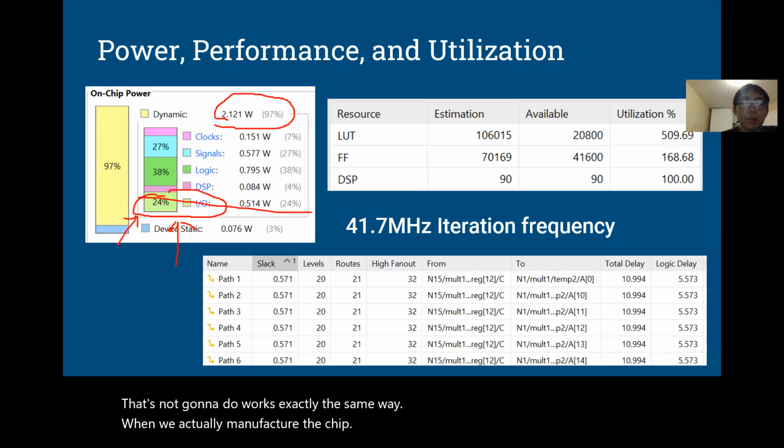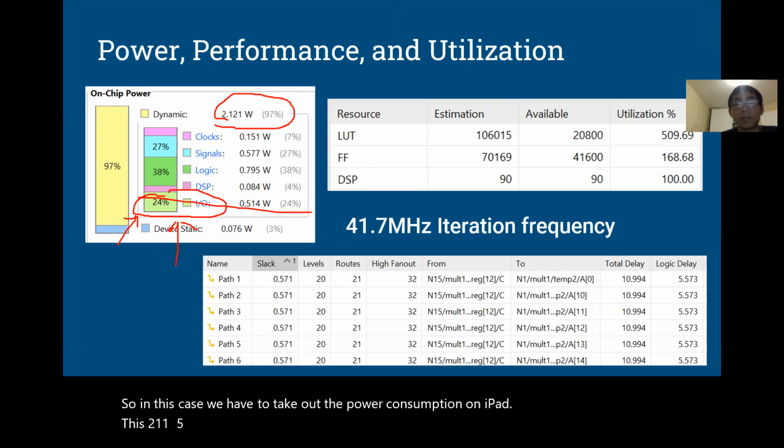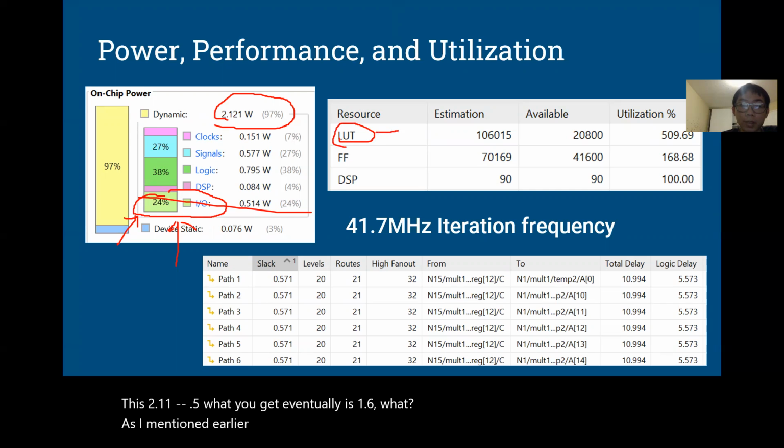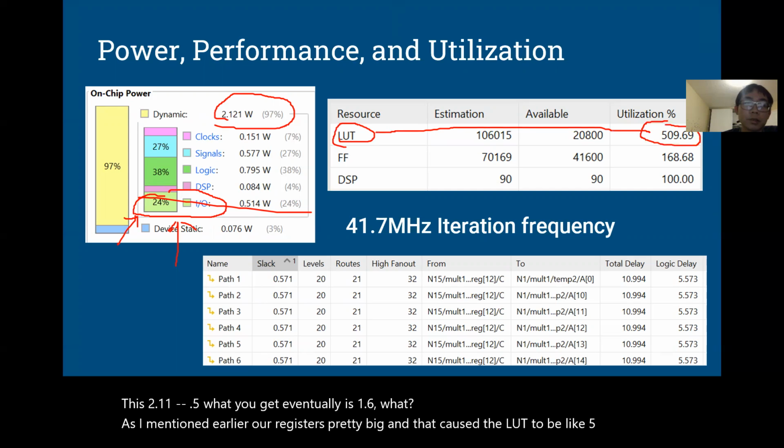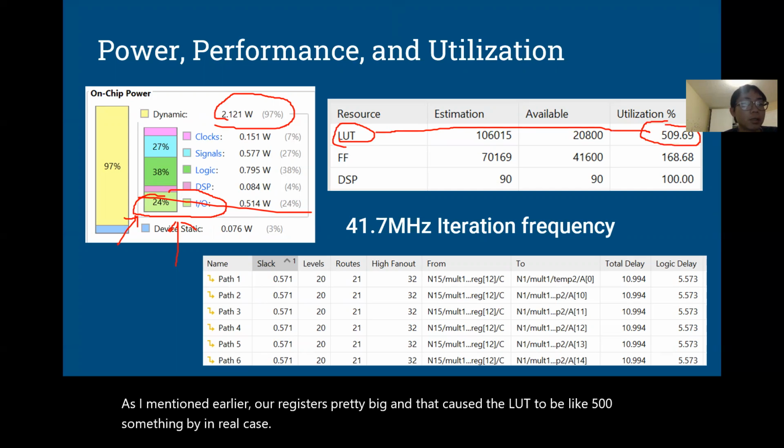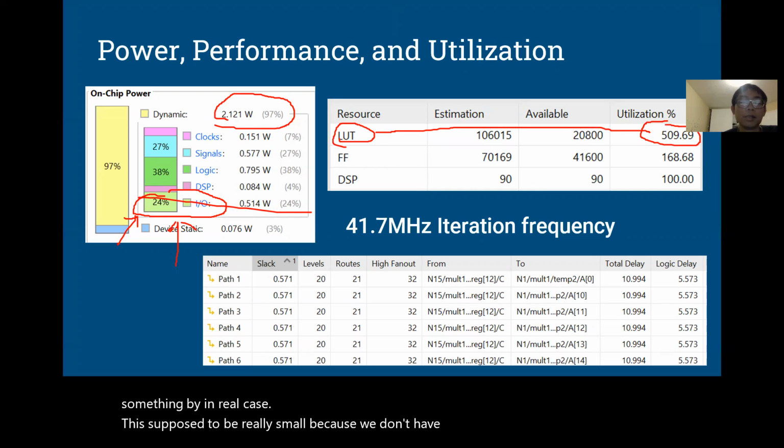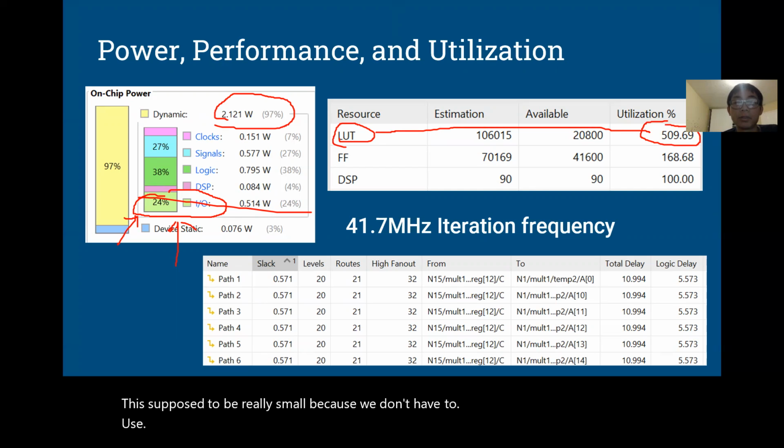So in this case, we have to take out the power consumption of the I/O pad. This 2.1 watt minus 0.5 watt, what you get eventually is 1.6 watt. And as I mentioned earlier, our register is pretty big, and that caused the LUT count to be 500 something. But in the real case, this is supposed to be relatively small because we don't have to use that many registers to store values, if we use something like UART